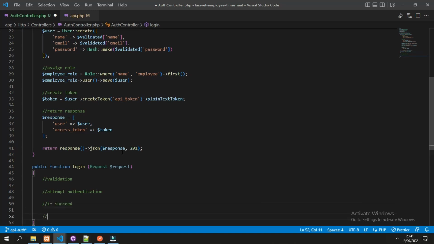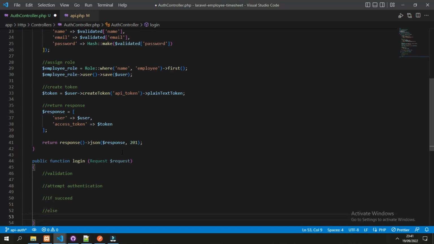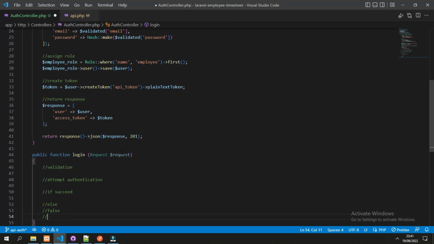The first succeed and else would be false. If false, then we return response unauthenticated. If succeed, then we will return token response. So the token must be created first, and to create token we will need a user object.